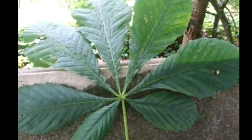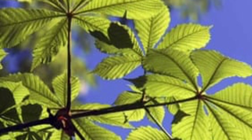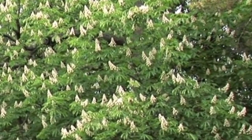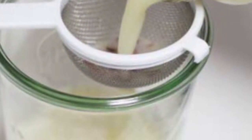Large leaves have a palmate form, or fan-like, which is normally 7 leaves coming off one center stalk on a stem of its own. These attach to a main stem opposite each other along the stem, and when removed leave a horse-shaped wound on the main stalk. In late spring, they produce a beautiful cluster of white, pink, and yellow flowers and can grow ginormous. And then in late autumn, they provide the conker, the horse chestnut, which firstly we will be turning into an